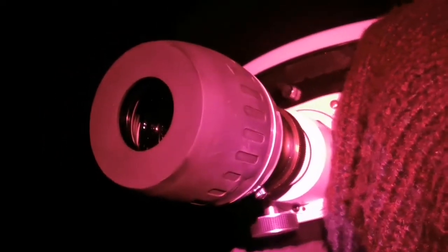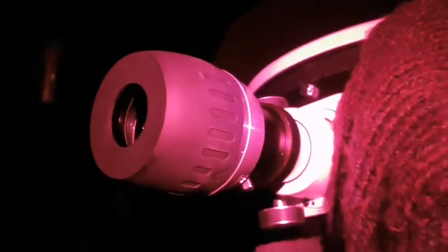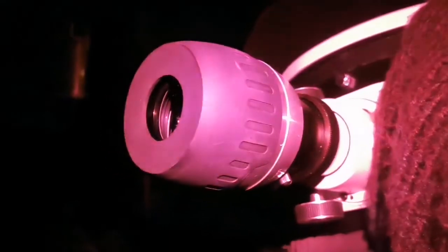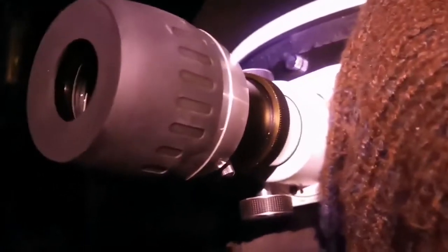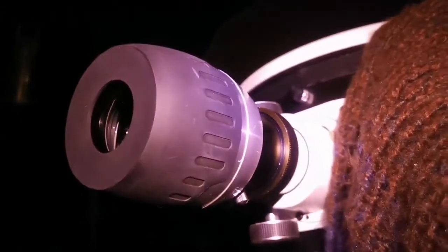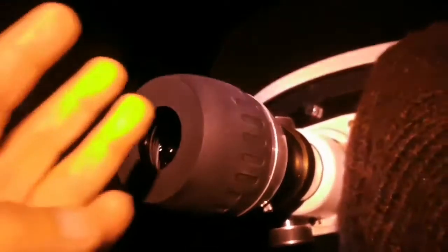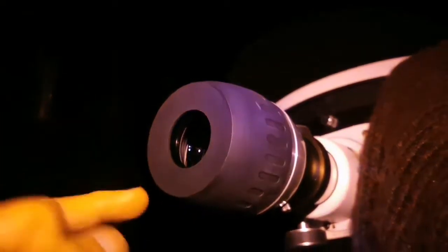Okay, now I'm looking with the Maxvision 24mm 68 degrees, equal to the Meade and Explore Scientific of the same specification. I can say that the view on this target, the double cluster, is only second to the Nagler 31, which is the 31mm Type 5. This is a big, very extended target, and visibility of it is best at the lowest magnifications. So on this target, the Televue Nagler 31mm Type 5 comes first,